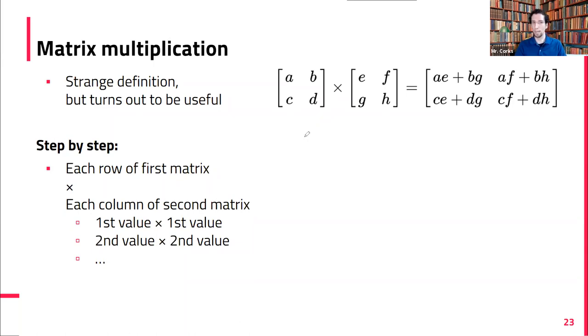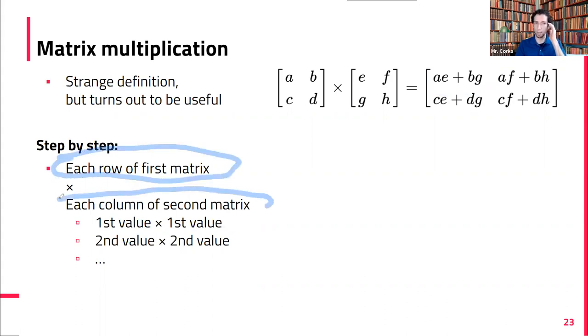The idea with matrix multiplication is we do not just match up the corresponding values and multiply them. We do some kind of big thing for each position here. The process is we take each row of the first matrix and multiply that by each column of the second matrix. Not only the first one times the first one, second times the second, third times the third. We take the first row and multiply it by every